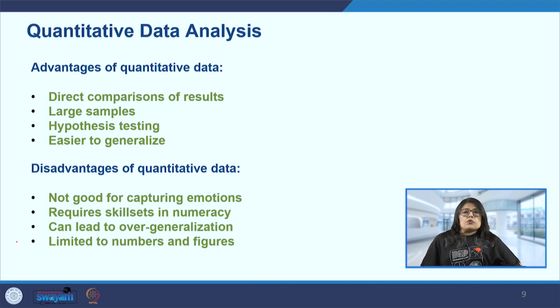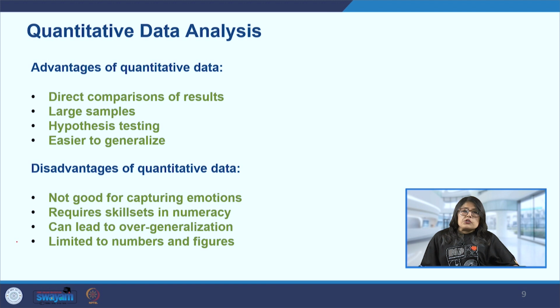Hypothesis testing. If we have a hypothesis, this medium is a far better medium to get the insights of a larger number of people for checking the hypothesis, and we can easily generalize it because we can reach a large number of people. We can cover a larger number of the population and easily generalize it, because the numbers will tell us which direction the opinion is leaning towards. That will help us generalize the findings as well.